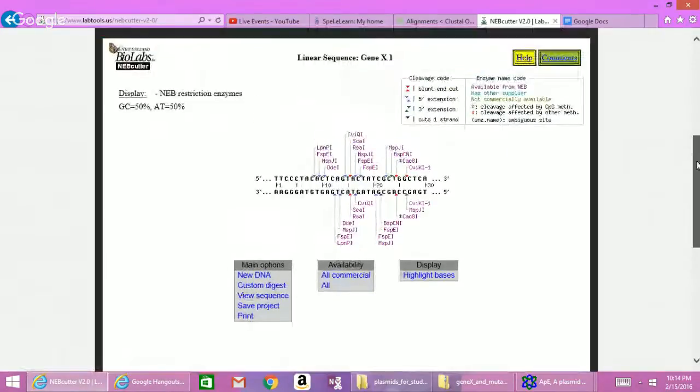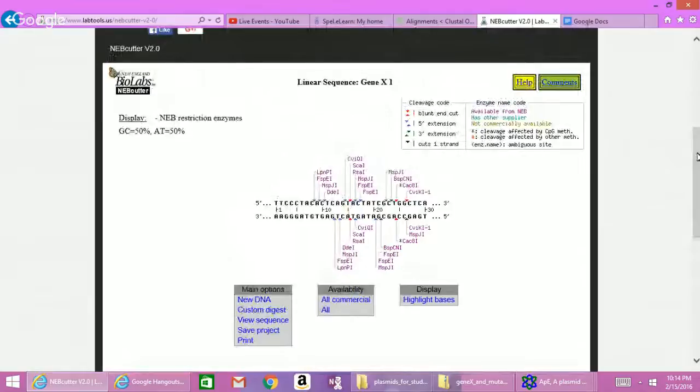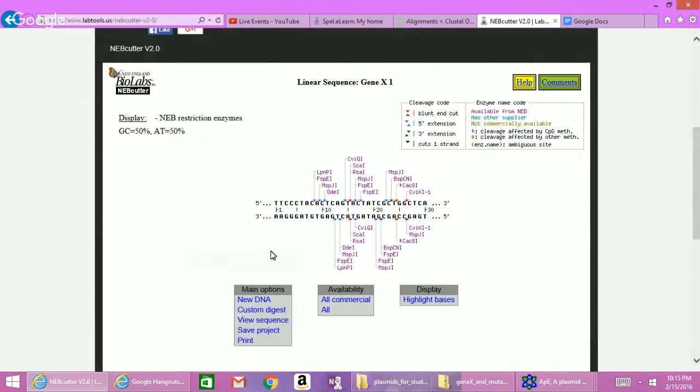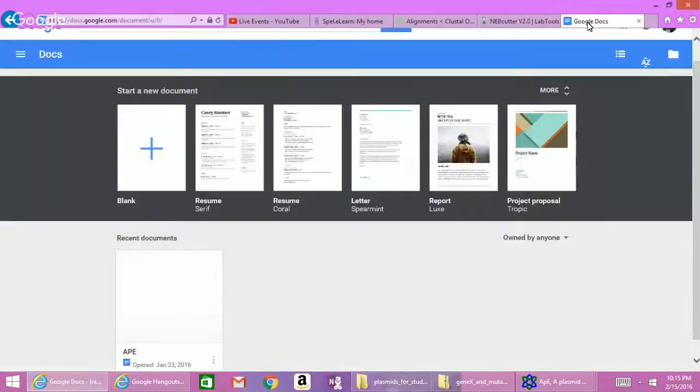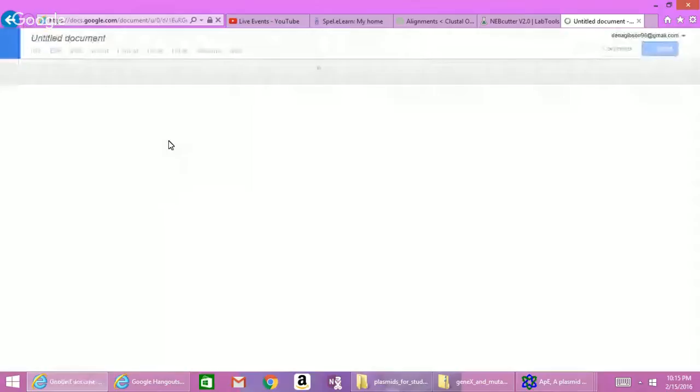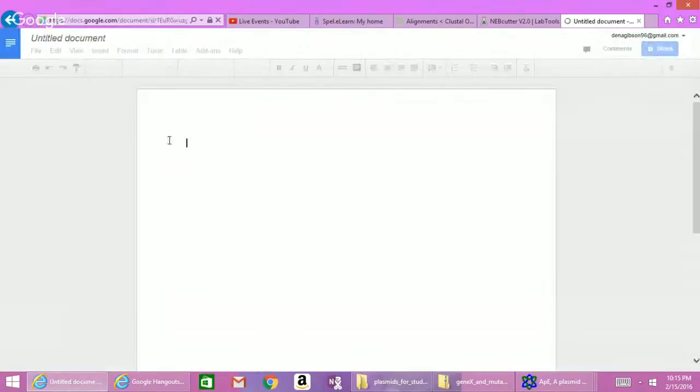Okay, so it tells me the particular enzymes that will be good to possibly cut out that point mutation. So I'm just going to copy this picture and place it into a Google Doc so that I can compare the two and make a decision